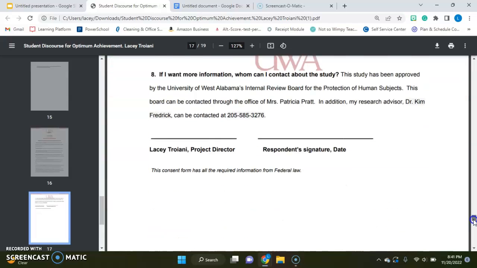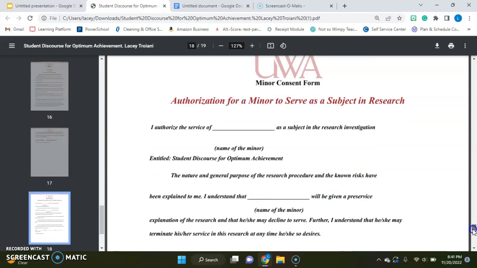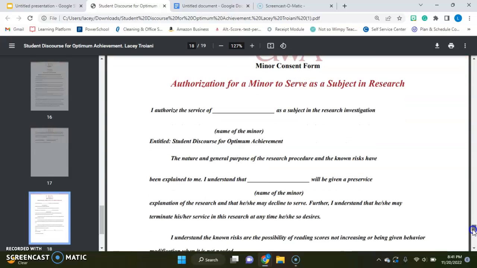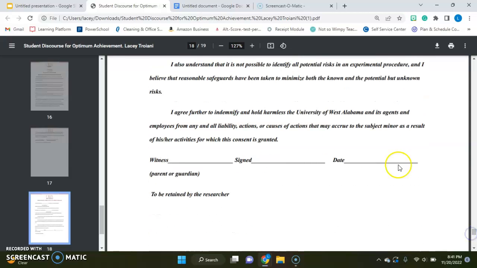Let's see. So this one was my consent form, and then obviously I had to have a minor one because they were only 3rd graders as well. So over here,